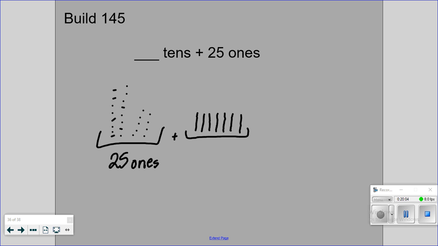What's next? 105, 115, 125. Am I at 125? Yes. Well, I gotta get to 145, so I need to keep going. 135,